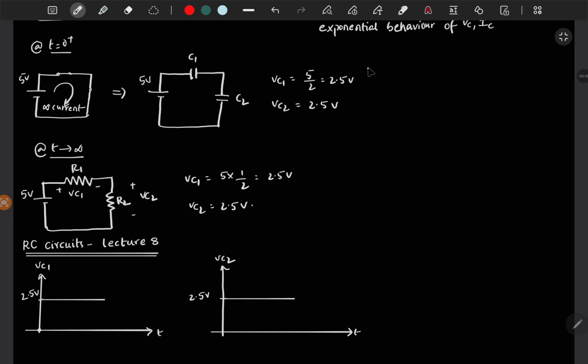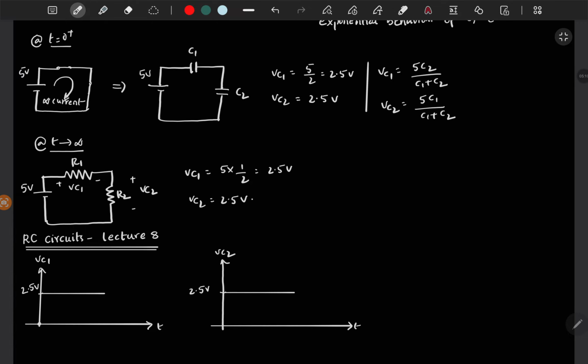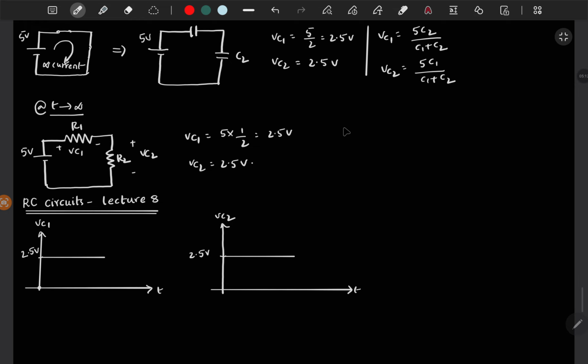So without assuming C1 is equal to C2, you will get Vc1 is equal to 5 C2 by C1 plus C2. Similarly, Vc2 is equal to 5 C1 by C1 plus C2, since these two are in series and you are applying 5 volt. So these are the initial voltages,